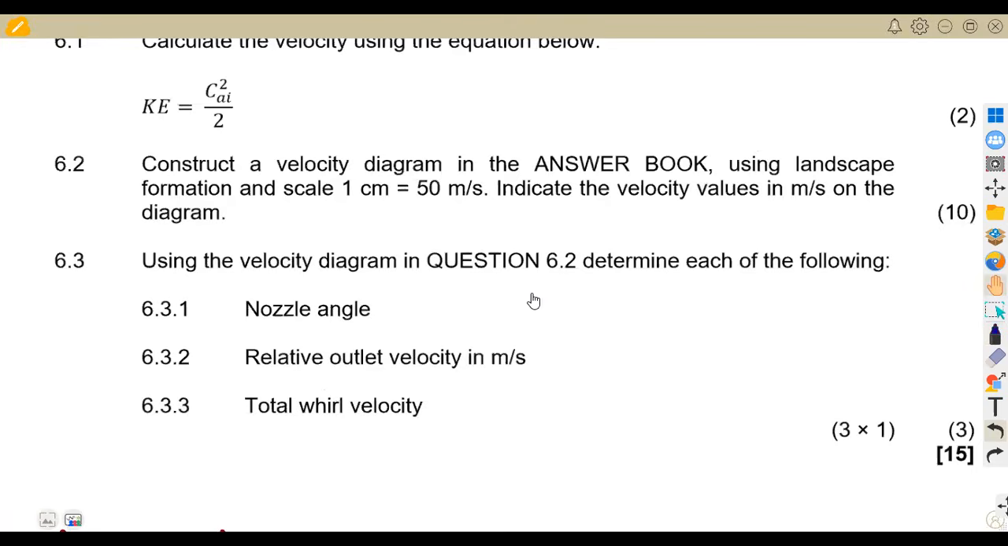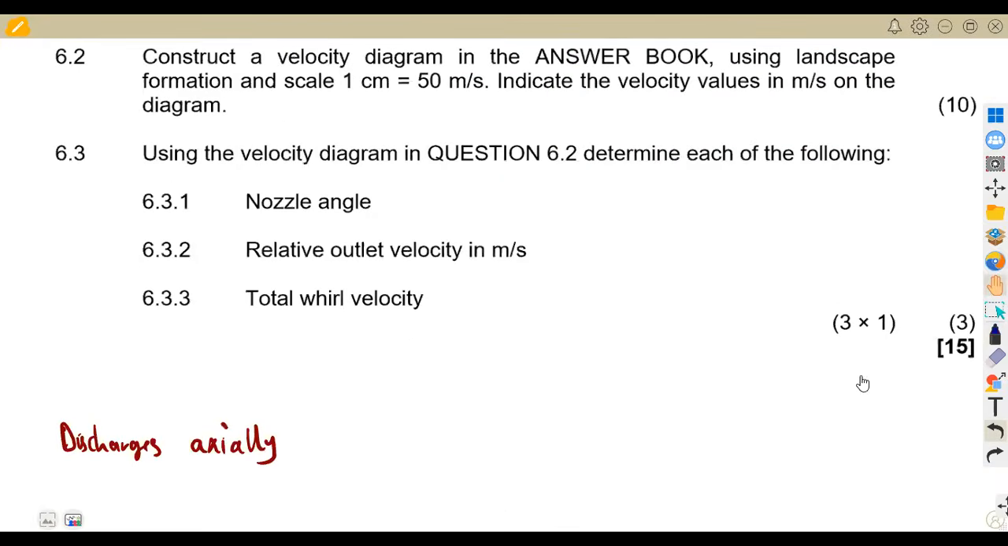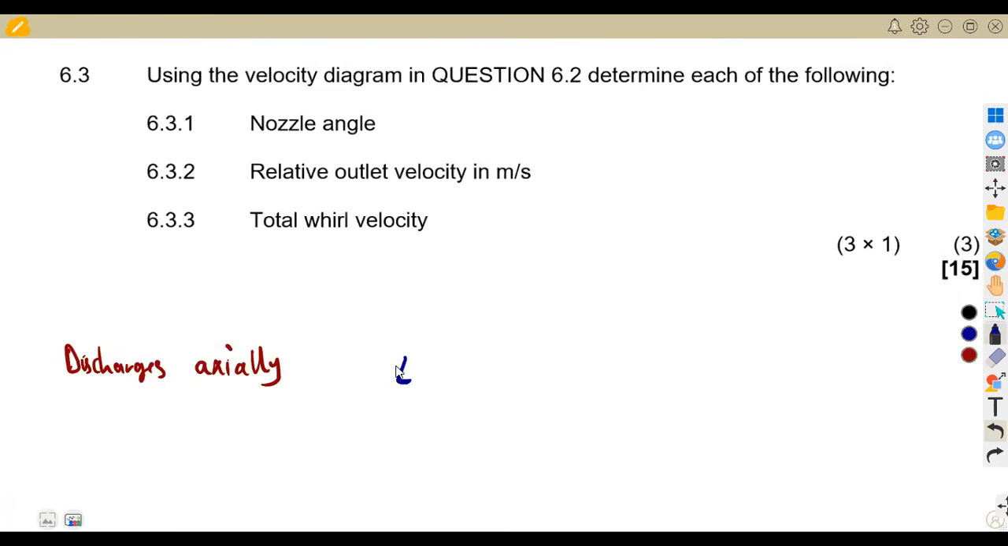We are given the kinetic energy, which is 227.815. So that is our kinetic energy in this case. The kinetic energy is given as 227.815 in kilowatts per kg. That's in kilowatts per kg. And also